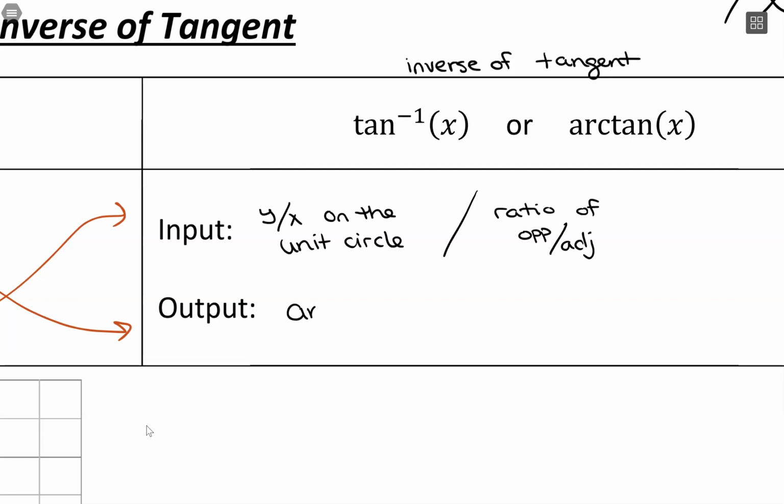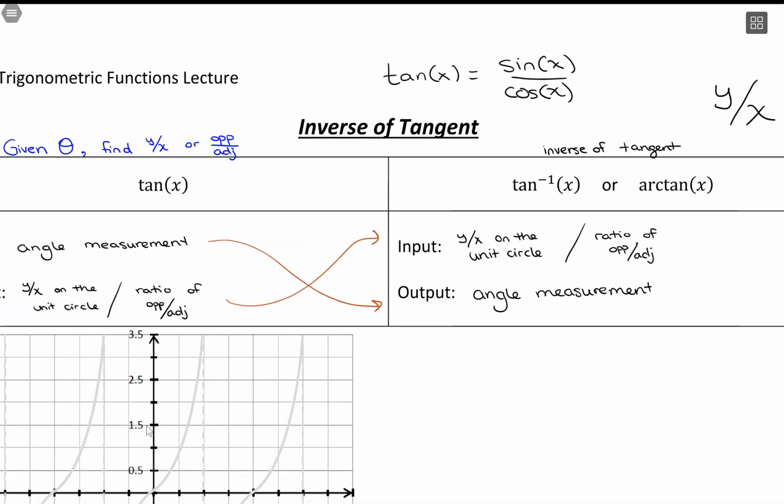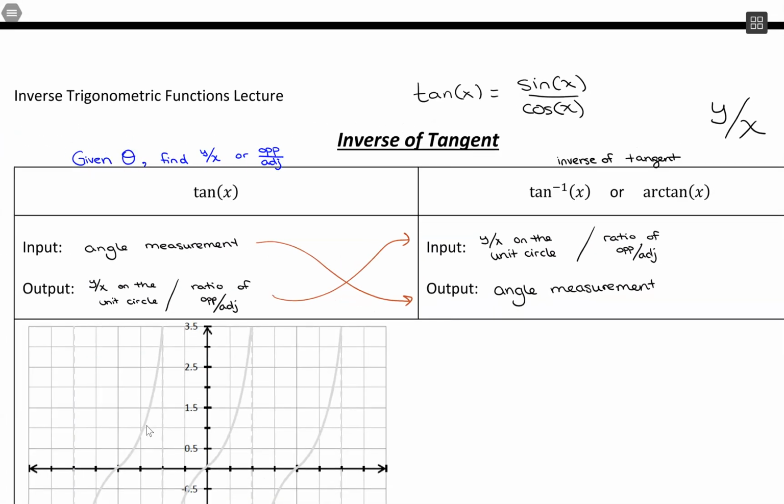And the output is what we're solving for, which is the angle measurement. All right, so similar routine as inverse cosine and sine, just with this little twist that we're looking at a